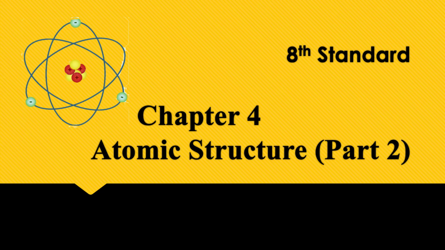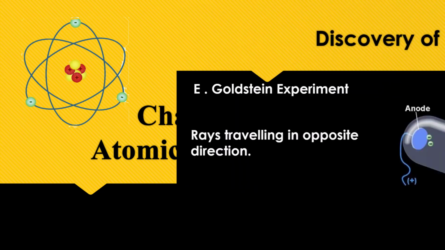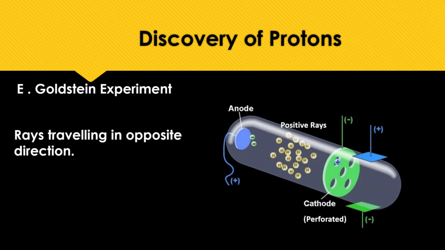Now let's start with the discovery of protons. The presence of negatively charged electrons in an atom suggests that it must contain a positively charged particle as well. Otherwise, an atom would be electrically neutral. So, these positively charged protons were discovered by